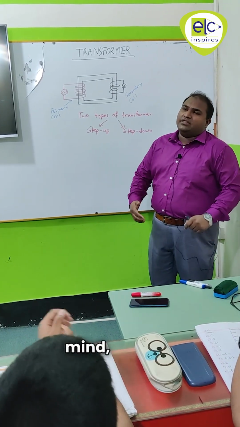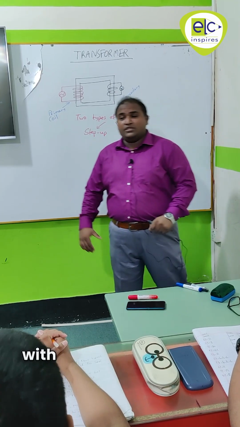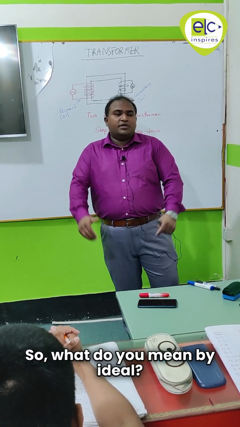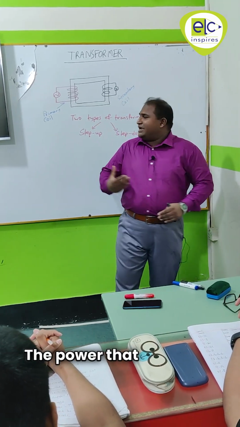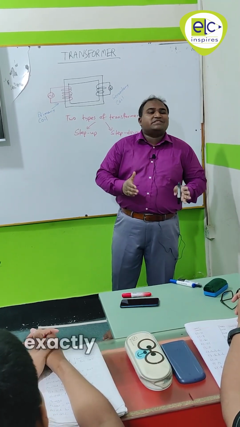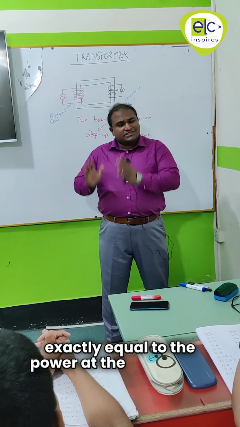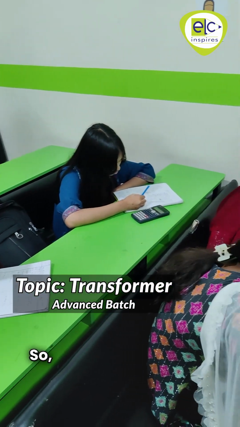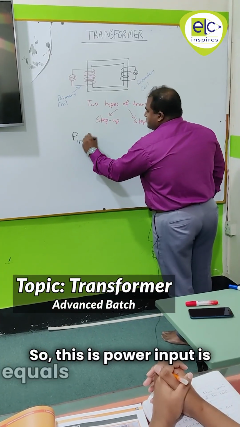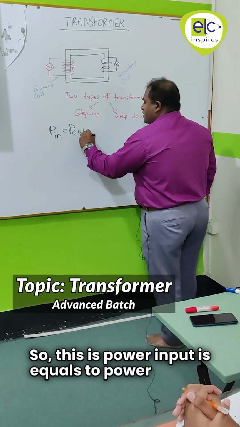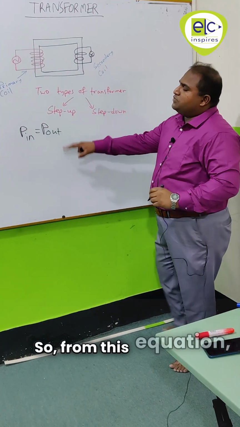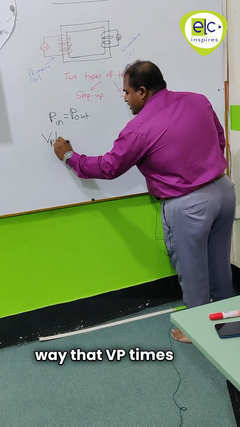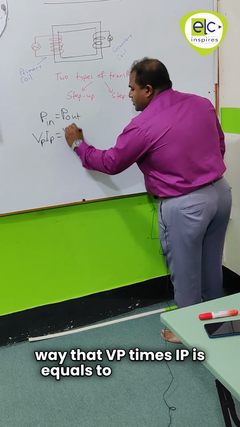Another thing we have to keep in mind is that the transformer we are working with is 100% efficient and ideal. What do we mean by ideal? This means that the power coming to the primary end is exactly equal to the power at the secondary end. Let me write it down using an equation. Power input is equal to power output. From this equation we can write it this way: Vp times Ip is equal to